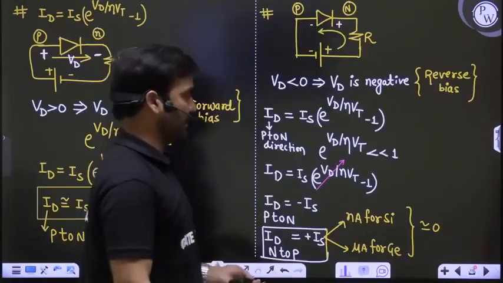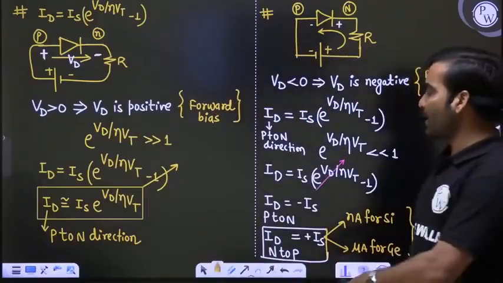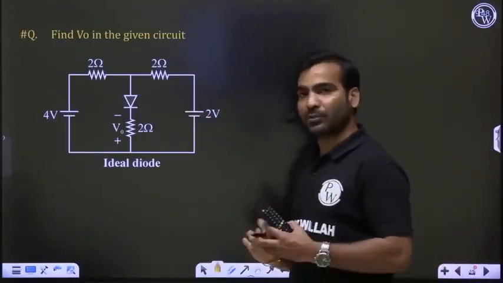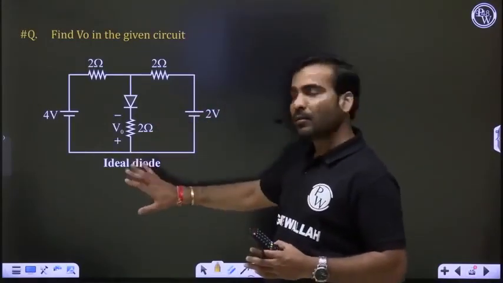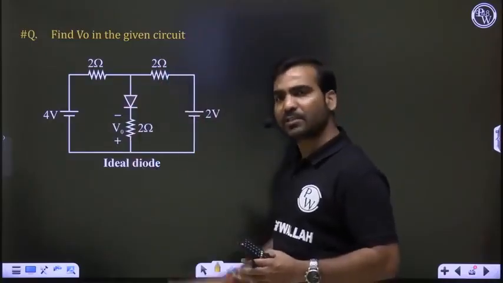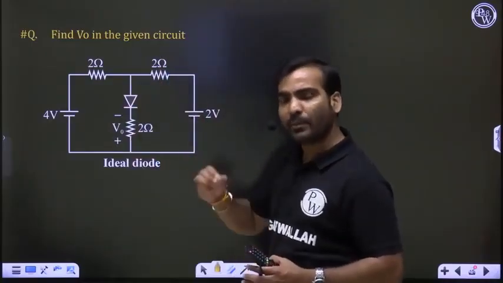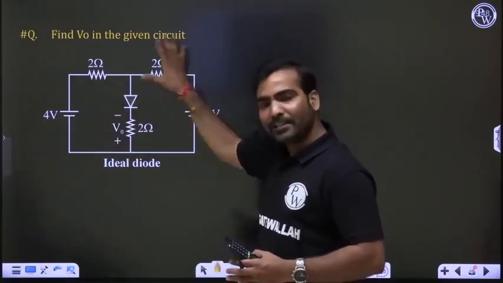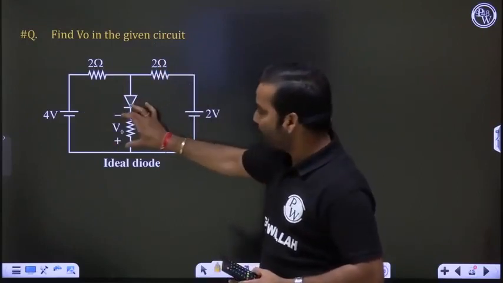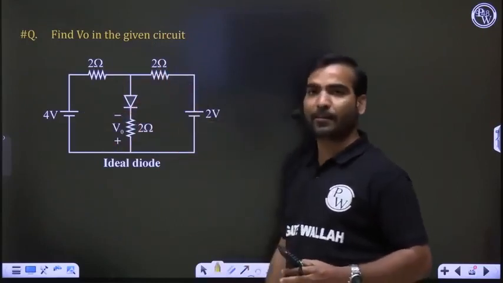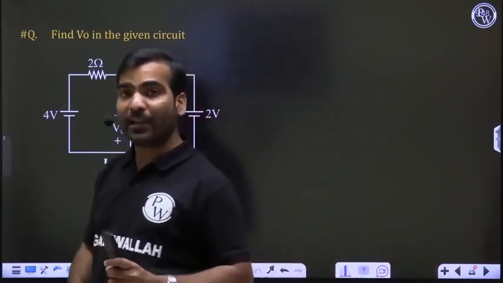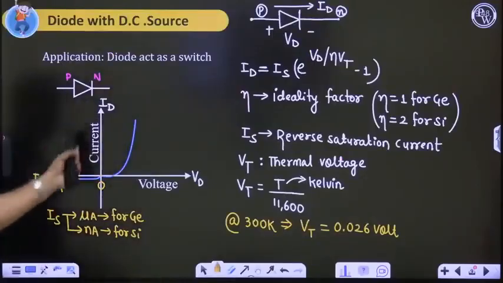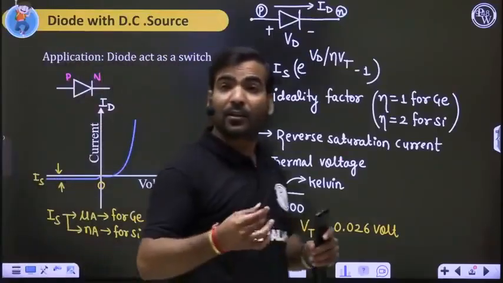Now the main problem is, suppose for example, you want to solve this question. This is not a diode circuit question. Just think of it like a network, like the network classes in analog. The complete circuit looks like a network, and you have to find the voltage across it, but the point is the diode is there. You know very well the diode is a non-linear element because its characteristic is non-linear.